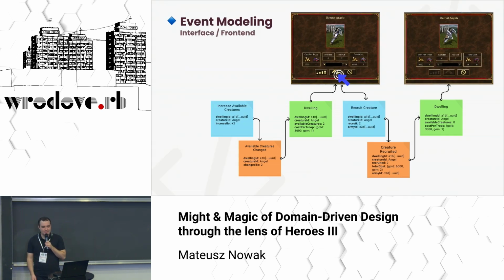And as I said before, we cannot forget about the front end. Finally, it's also a part of the product that makes money. Sometimes it happens that backend developers do their work, they close the task in Jira, and suddenly the front-end developer says, hey, listen, there was something on the UI we missed before, and please add me this API and that API and also that API. And thanks to event modeling, we can avoid this.